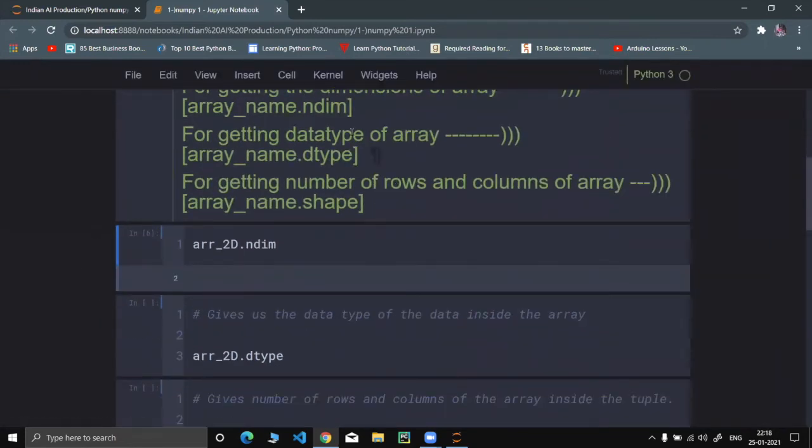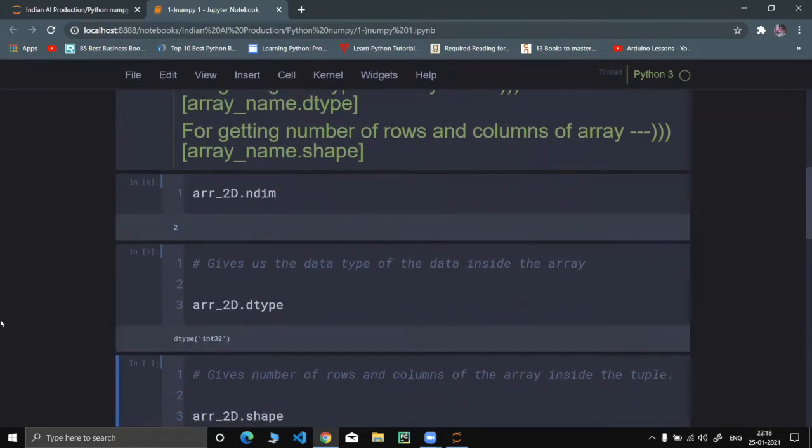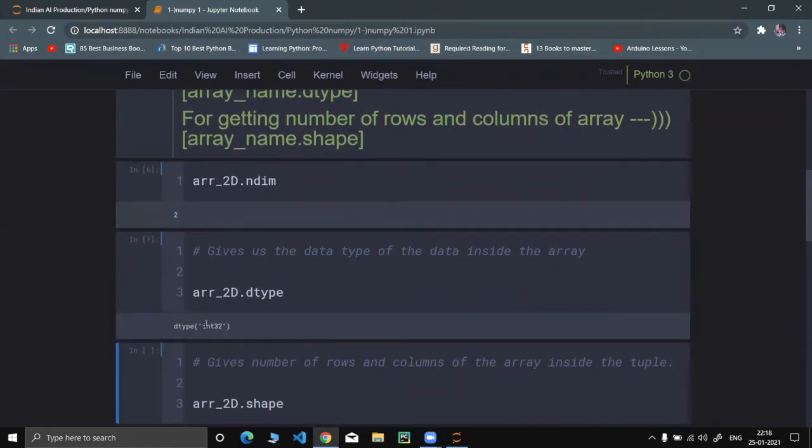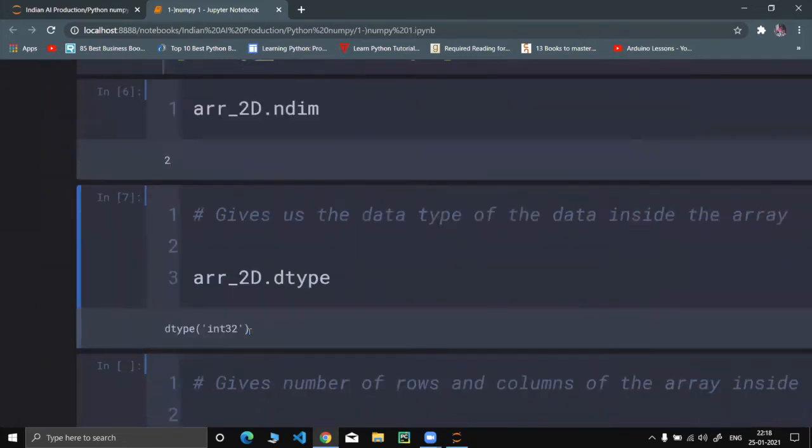If we want to get the data type of our array, there's a function called array name dot dtype. This will give us the data type. Over here we can see that the data type of the elements of our array is int32.